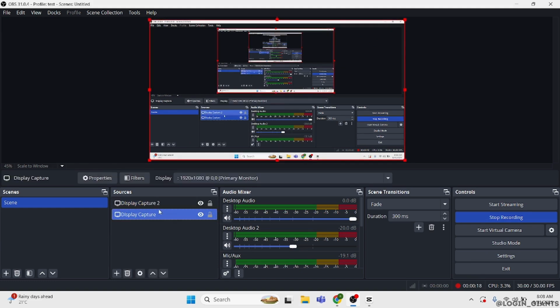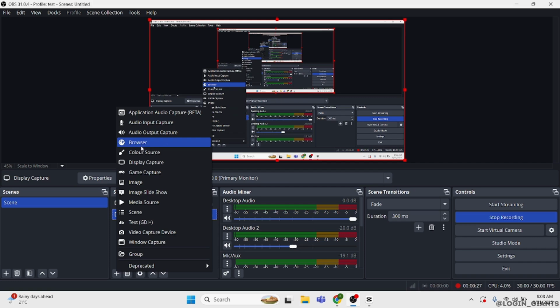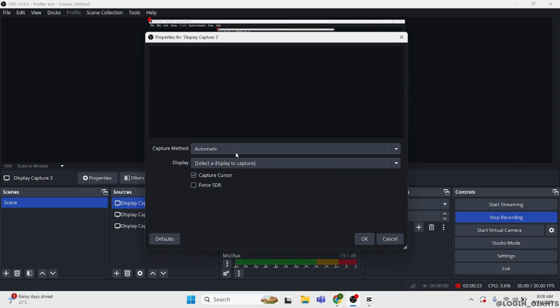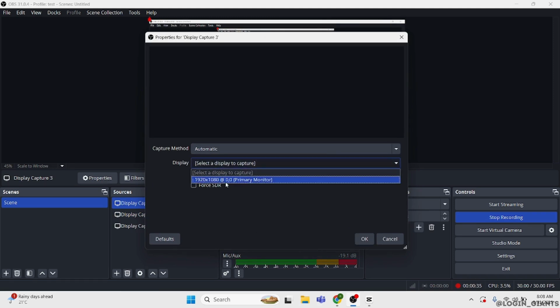displays. If you think the display is not being captured completely, you can also delete this by clicking on this pen icon and adding a new one. For that, select Add Source, and here select Display Capture. Give it any name that you would like. Select OK. And likewise, under Display, make sure you set it to your primary monitor ratio, which is this in my